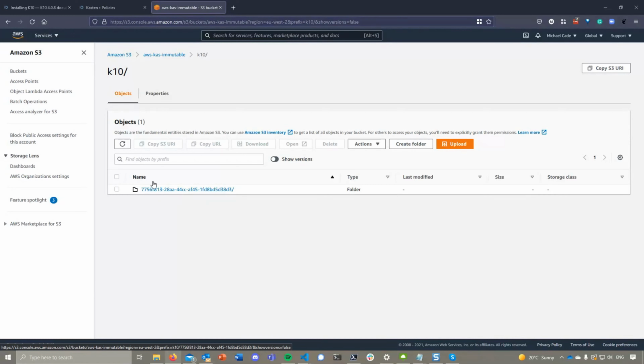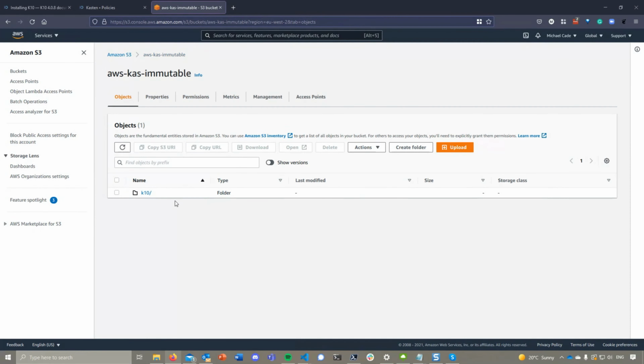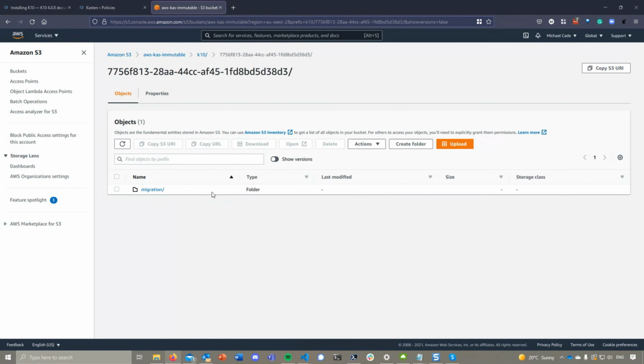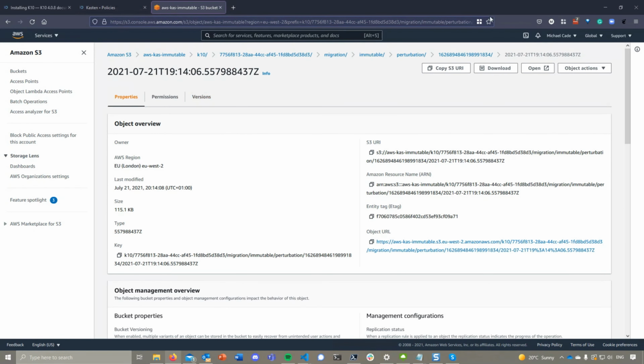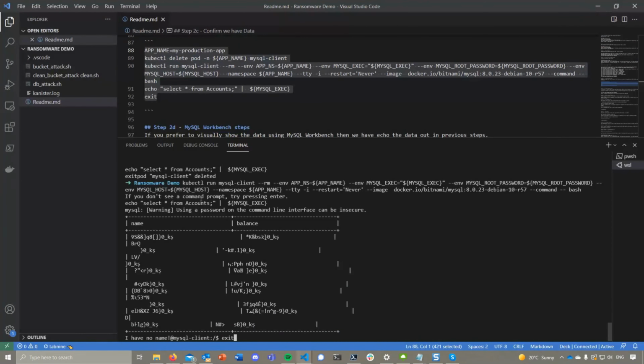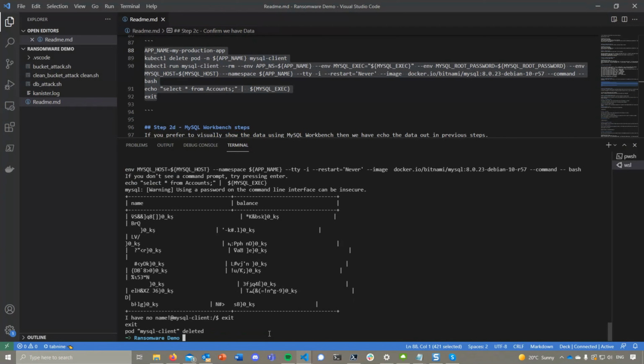So, well, for starters, if I go inside of the bucket, you can see that I have a hierarchy of files and folders, and this is where all of my backups live. But what I also want to do, let's say that we actually got access to the IAM credentials to that bucket, we were able to actually attack that. So if we go and run bucket attack.sh